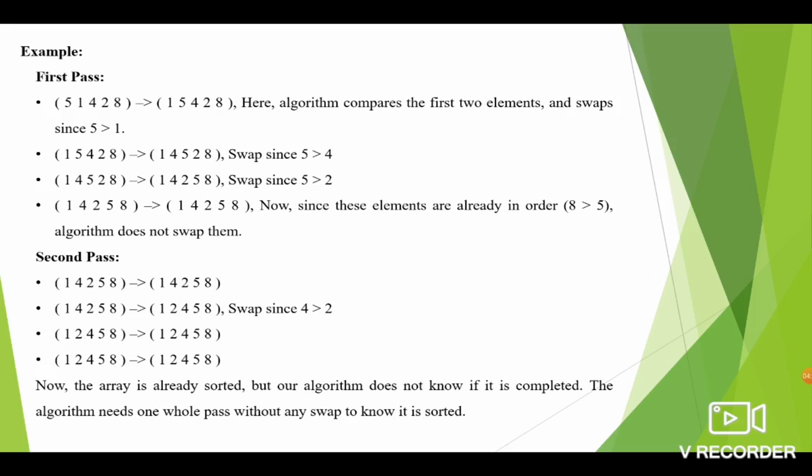Now the array becomes 1, 2, 4, 5, 8. Again compare the third and fourth element, 4 and 5. They are in order, no need of swap. Finally, the fourth and fifth elements are compared, that is 5 and 8. Again, they are in order, no need of swapping. So this is the end of the second iteration.